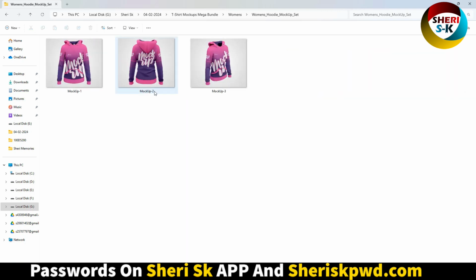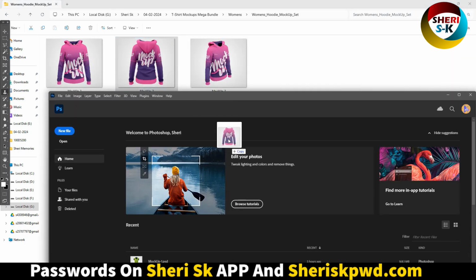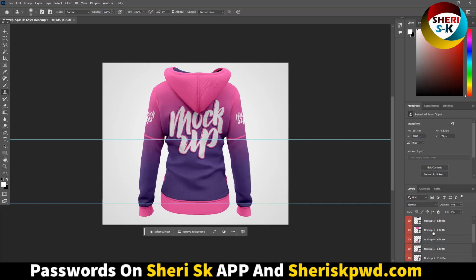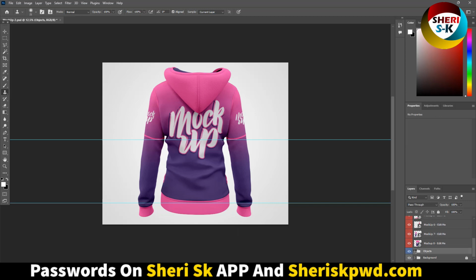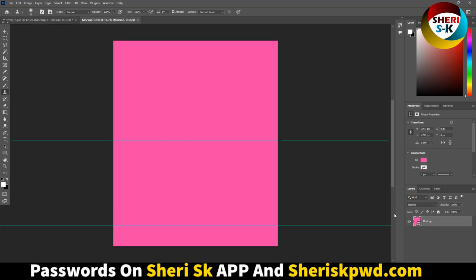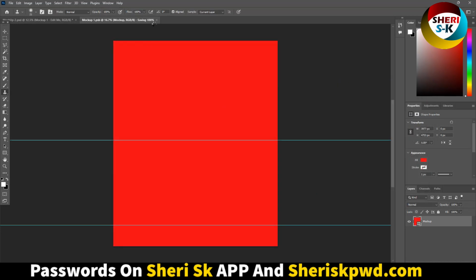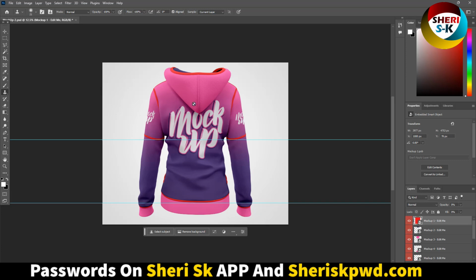For example, I open this one in Photoshop, drag here. Go to the layer area, you see everything you can customize. Go here and you can change everything I just told you. For example, you see,